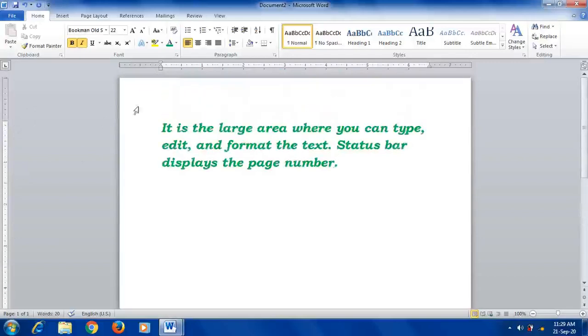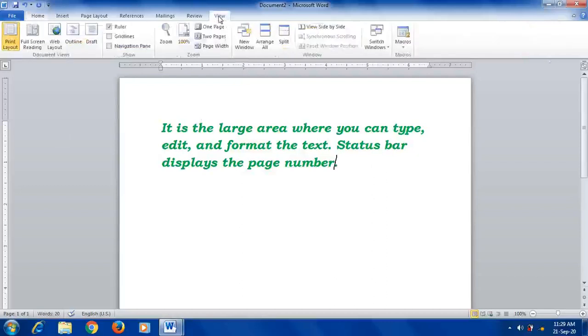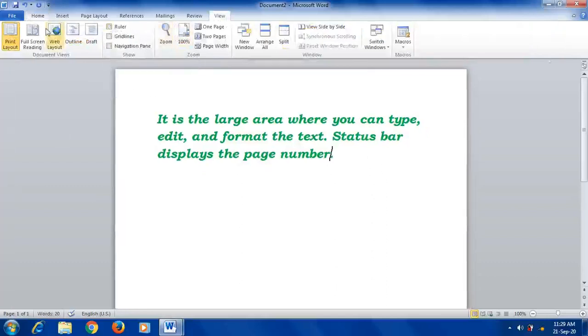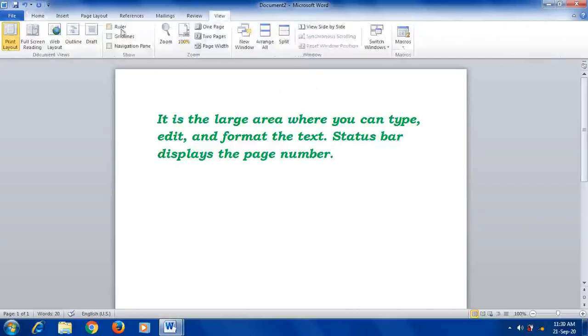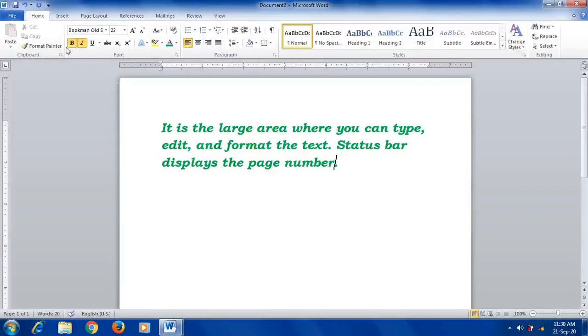Now if you don't want these rulers, you can hide them. To hide or show the ruler, click on View and the ruler button is given. Just uncheck this mark, and the rulers will disappear. Now you can see there are no rulers on your document. Let me display the ruler once again. You can click on ruler, and the ruler is displayed.